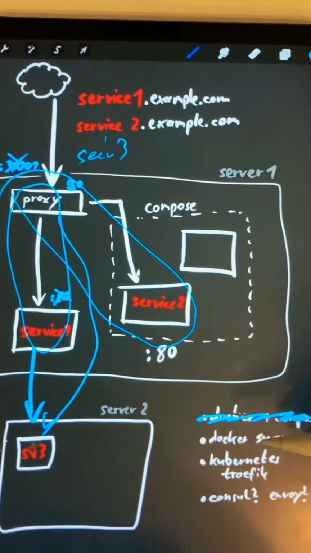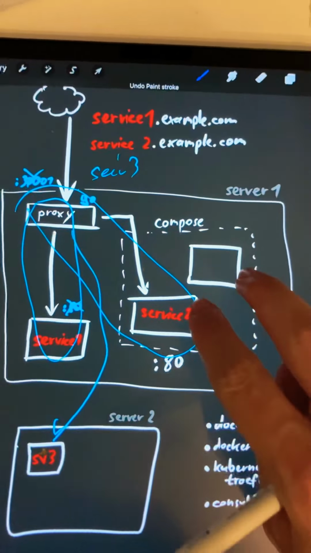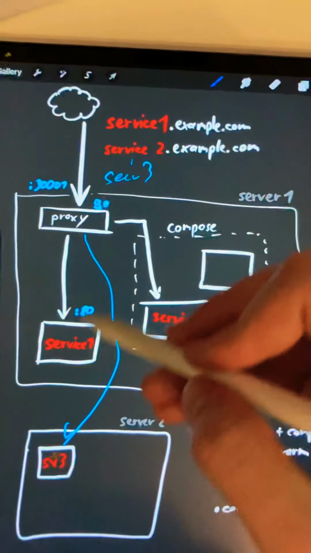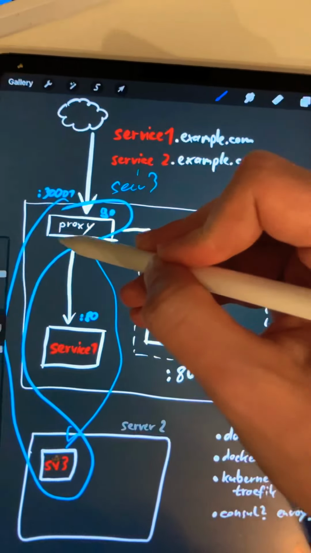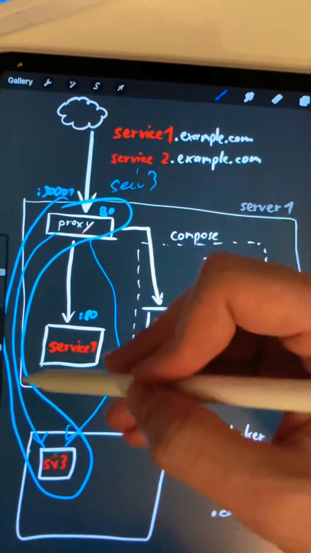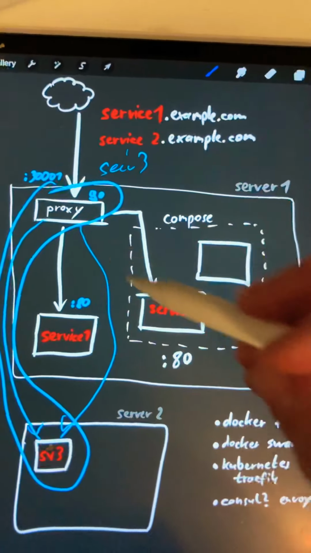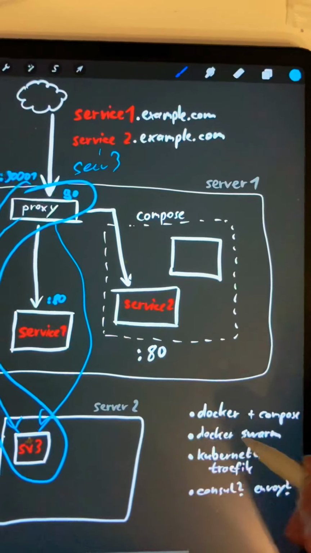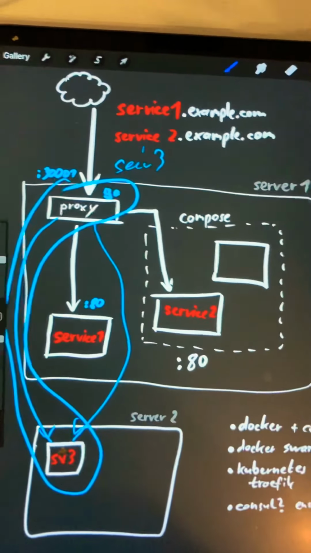So, of course, in Docker Swarm, you can also create overlay networks and only include them. So basically, you can create an overlay network where only the proxy is in and the server. So now only they can talk to each other, and the other services don't see those ports. The problem is that when you have a Docker Swarm and you want to attach a network, an overlay network,